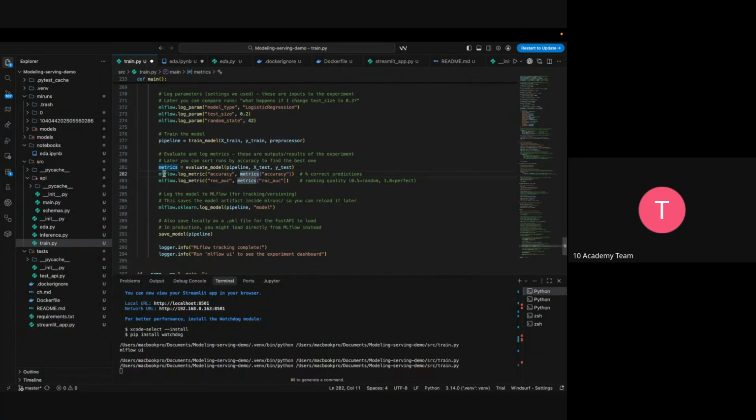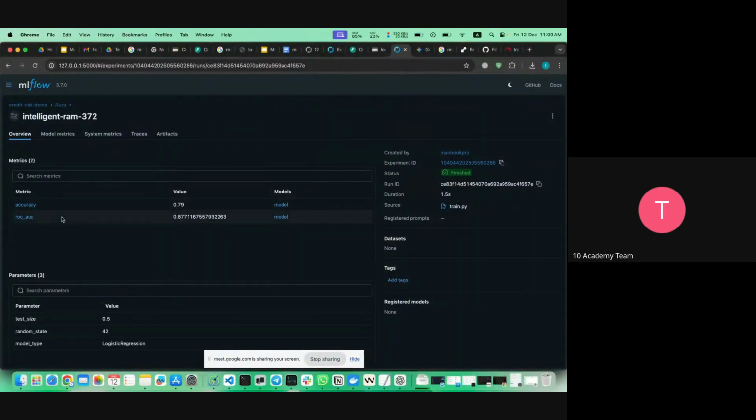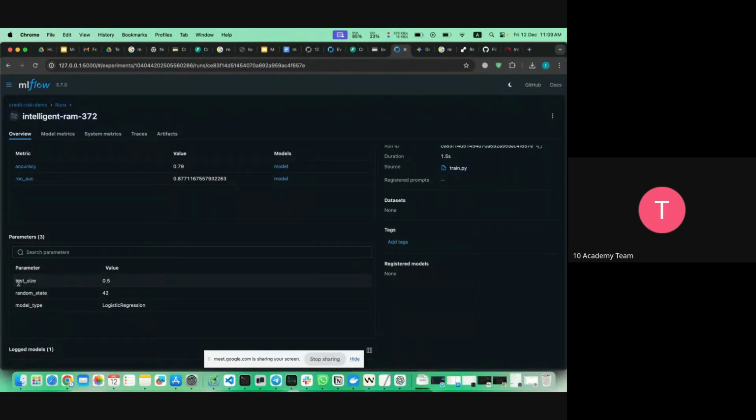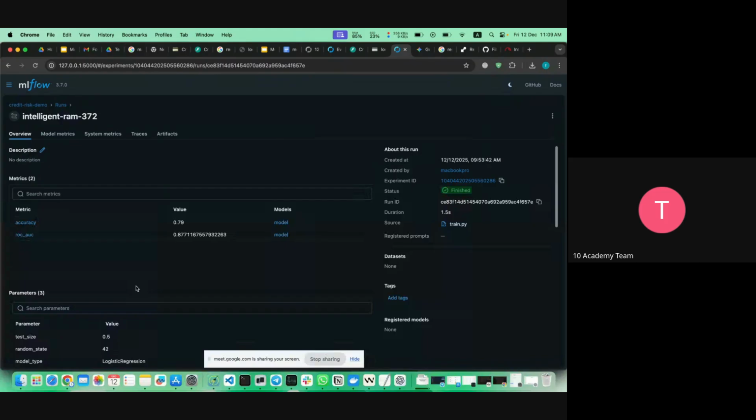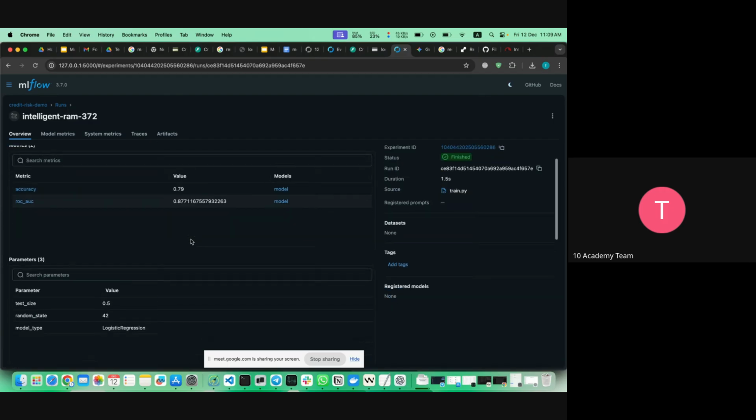ሜትሪክሶቹንም mlflow.log_metric ብለናል, ፓራሜትሩን ብለናል, ሜትሪክሱን ብለናል። So this is the parameterዎቹን ሎግ የሚያደርግልን: test size 0.5, random state 42, model type regression. So እነዚህ ነገሮች ሴቭ ያደርግልናል ማለት ነው። It's just ሎግ የሚያደርግልንና ኮምፔር የምናደርግበት ቱል ነው ማለት ነው። So ሜትሪክሶቹንም እዚህ ጋር accuracy 0.79 መጥቷል, ROC like 0.87 መጥቷል ለየትኛው ፓራሜትር, ለዚህኛው ፓራሜትር ማለት ነው።